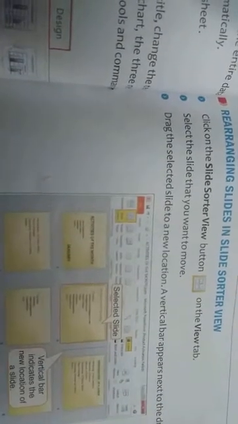How to rearrange slides? Yes, for example, we have made 6 slides already. Yes, 6 slides we have already made, and now we want to change the arrangement of these slides. For example, if the first slide is here, but I want to change its position from first to 6th number, and if the third number slide is here, I want to change its position to the 5th one. Yes, so how can I rearrange these slides?